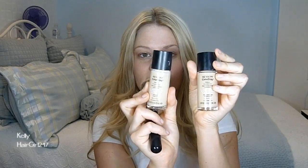This one, I think it made it look more cakey, and it made it feel like there was more product on my face, where this one, it's really nice to blend out and everything like that. So what I do is I actually take two foundations, which is the Revlon Colorstay. They're both Revlon Colorstay, and I like the 180 Sand Beige and 150 Buff, and I usually will mix them